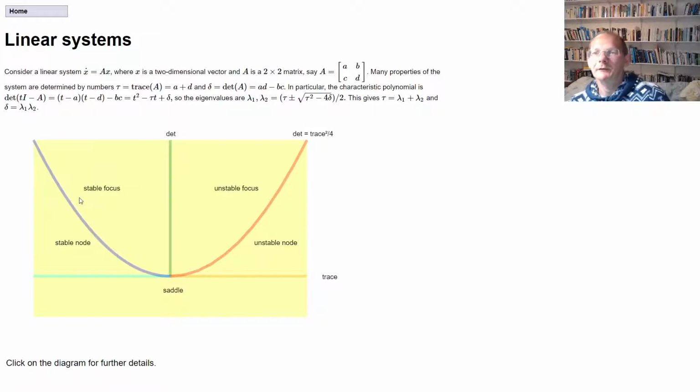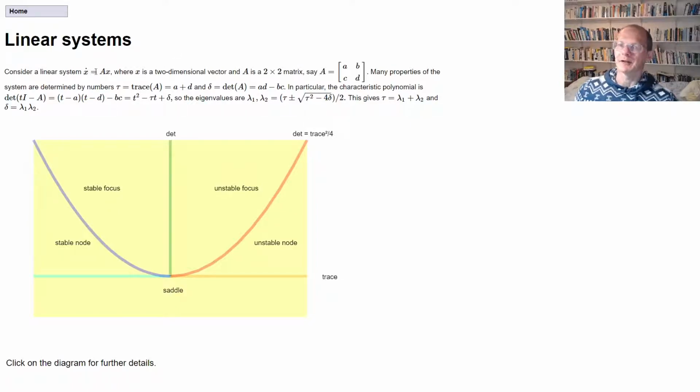In this video we're going to explain how to understand the general properties of two-dimensional linear ordinary differential equations in terms of the so-called Tor delta plane. So what we're looking at is a problem like this: x dot is Ax. So x is a two-dimensional vector evolving over time, and so we can consider the time